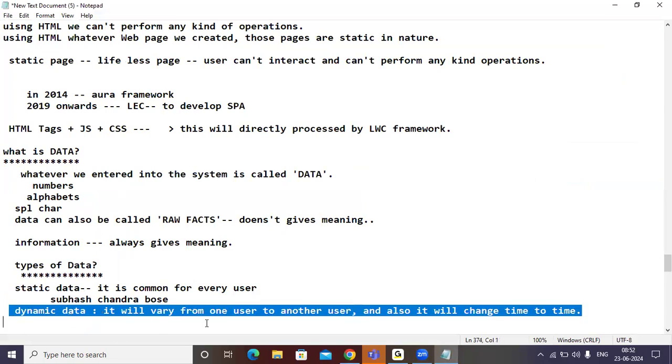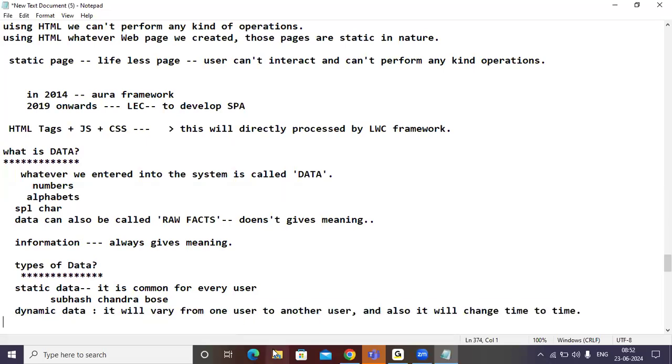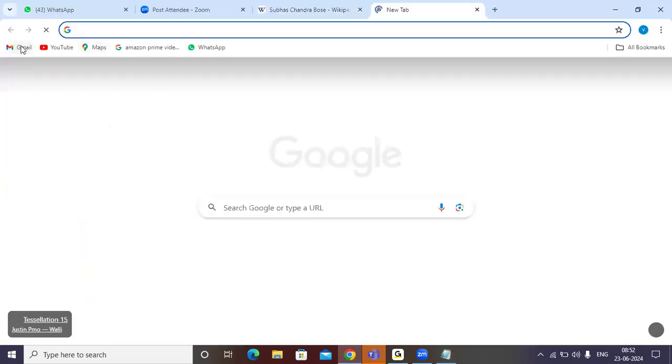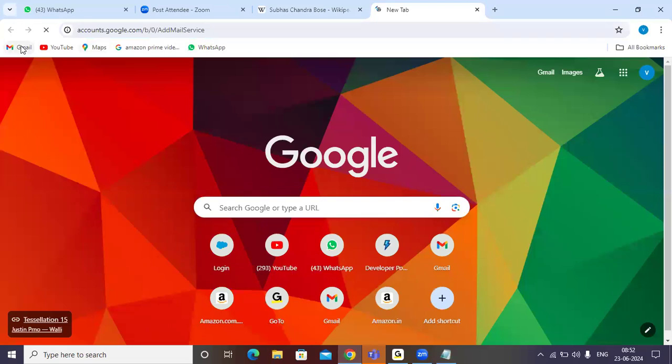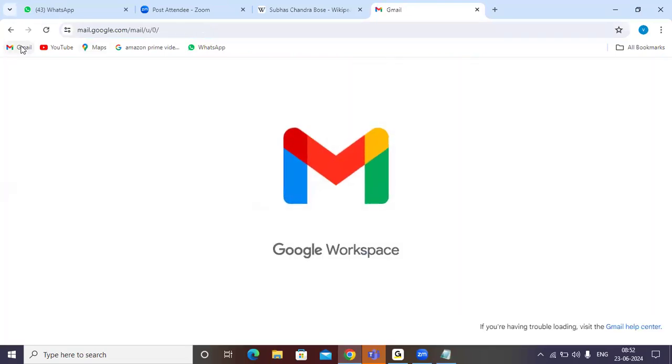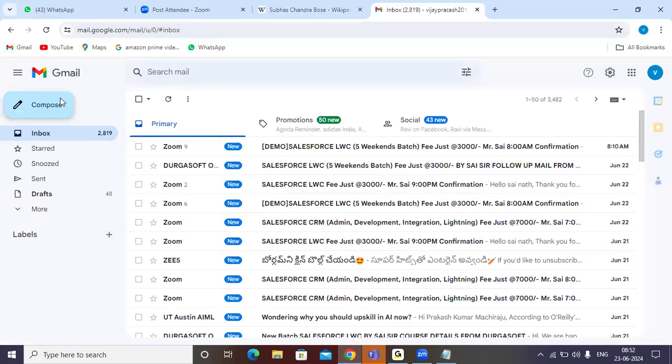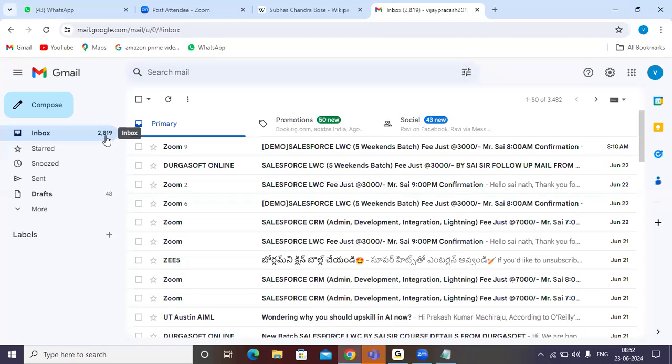Dynamic data means what? It will vary from one user to another user, and also it will change from time to time. For example, open my Gmail. My inbox contains 2,819 mails.